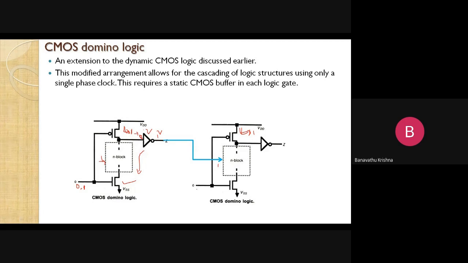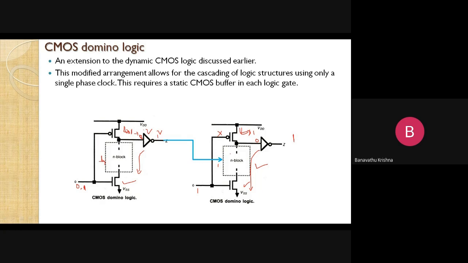So again in the second case, whatever I apply here is 1, and the 1 is also applied here. Then this transistor is open circuit and this is closed circuit. The n block input is 1, so it is also closed circuit. Then whatever data is available at this output response will be discharged. Finally, we have 0 at the input of the inverter, so the output is logic 1. One thing you can observe: I apply input 1 and the final output response is also 1. So it is simply acting as a non-inverting buffer.